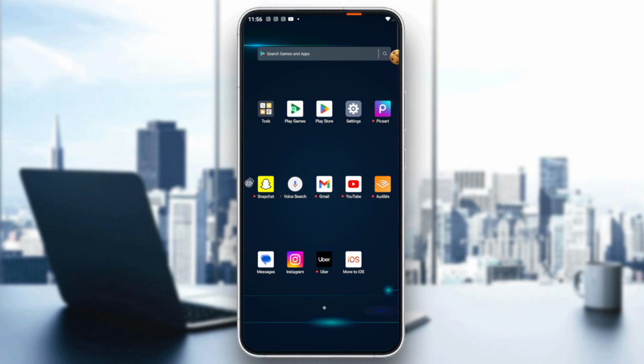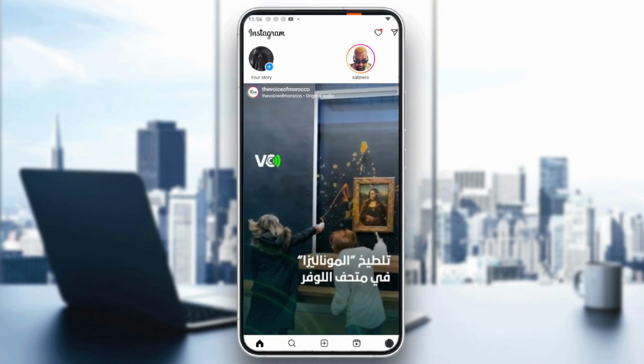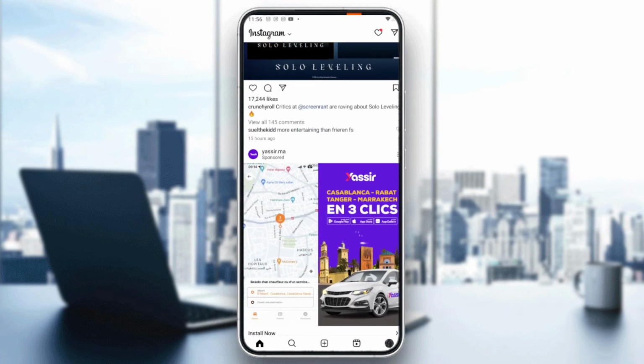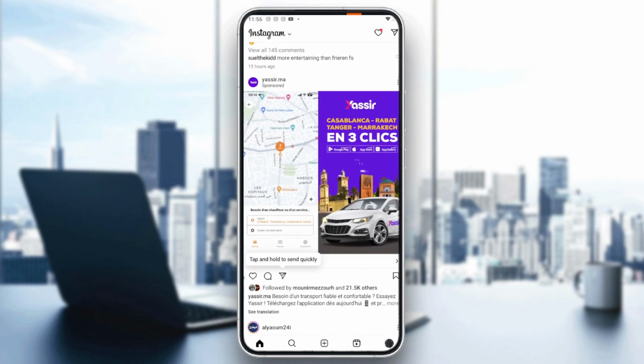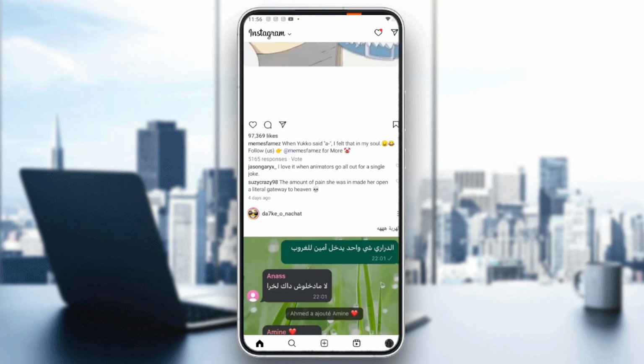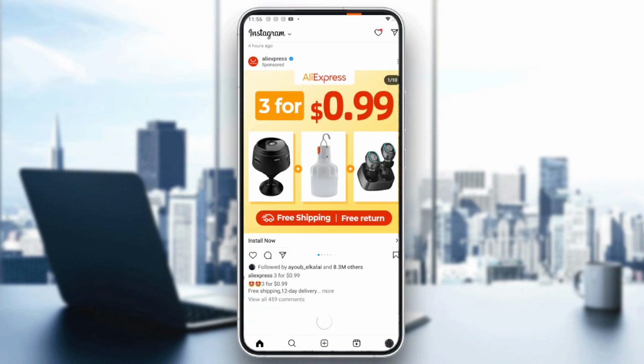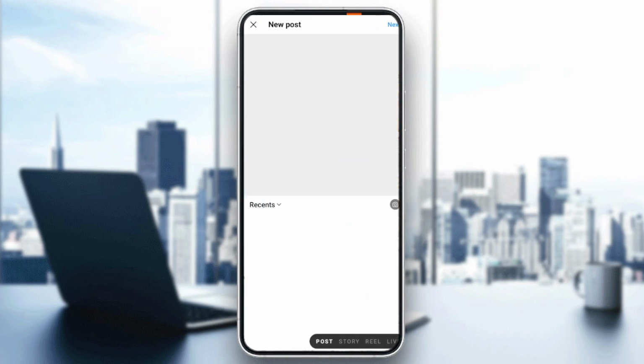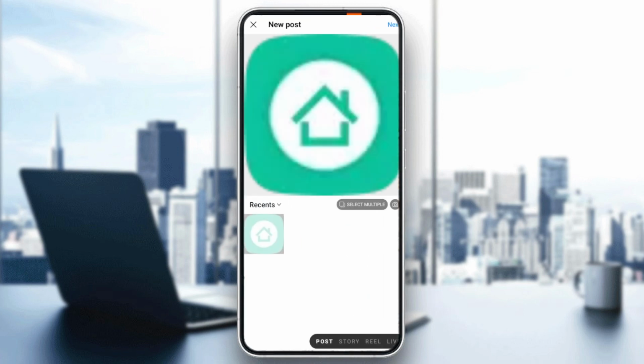So first, you will need to start your Instagram app, and make sure you are logged in to your account. After that, we will need to start a post so we can add music to our post in Instagram. We click on the plus sign, and here we will need to choose from our story, reel, live,